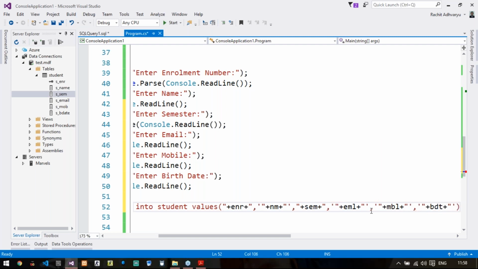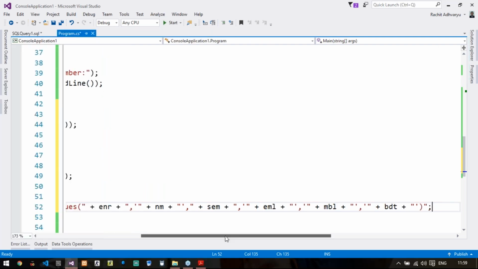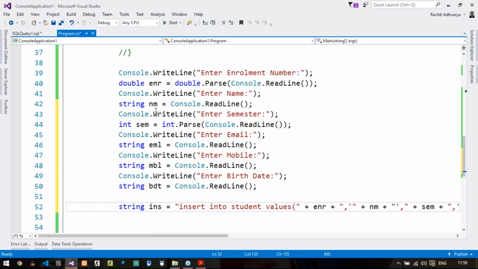If you can see, insert into student values, and I have defined the values using the variables I declared in the first phase, these variables. So whatever input the user gives will be stored in these variables, and those variables have been passed in the query. The next task is to define the SQL connection class: con equals new SQL connection, and pass your connection string there.